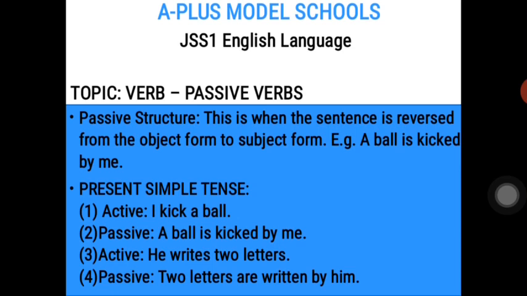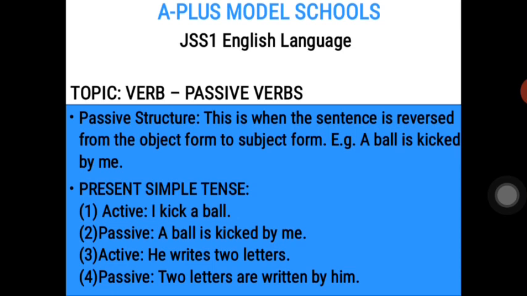Okay, so today we'll consider verb as well, and the aspect of verb we'll consider is the passive verb. The passive verb. So now let's explain what the passive structure of verb means. This is when the sentence is reversed from the object form to the subject form. You know, in a sentence you could have the subject and an object, and when you write a simple sentence